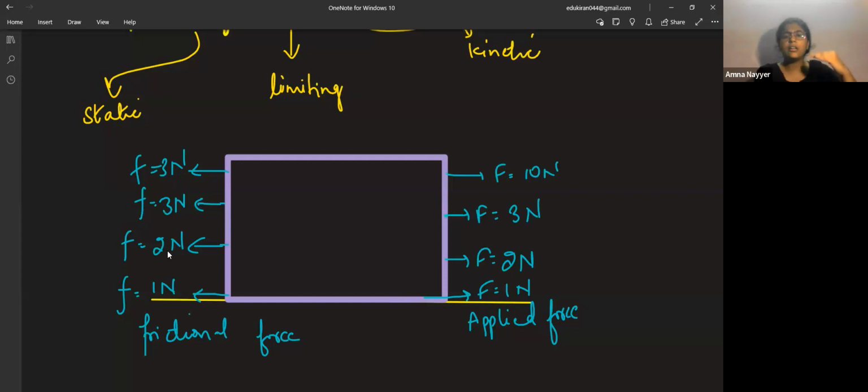Initially the applied force is less, so the frictional force is less. Then it increases, and a point comes when the body begins its motion. This maximum value of static friction, beyond which the body begins its motion, is known as